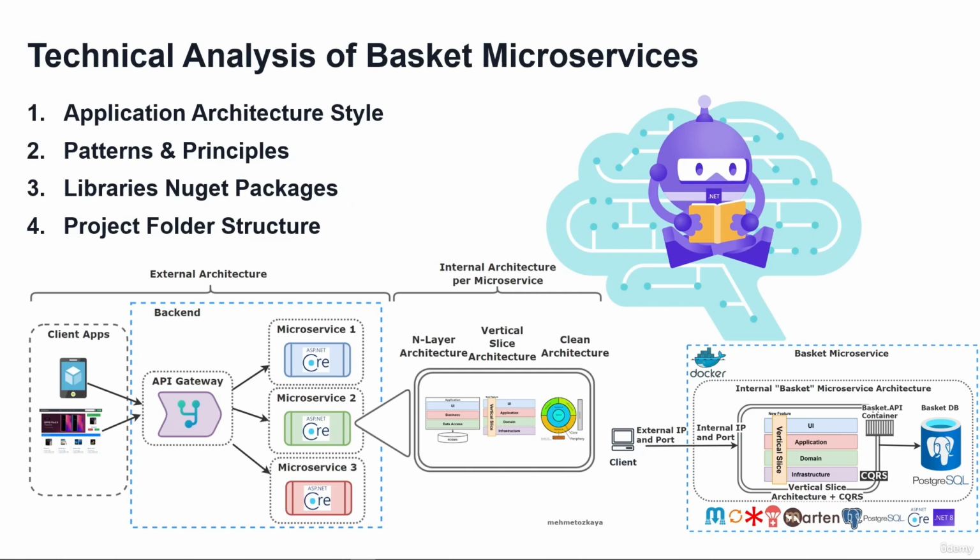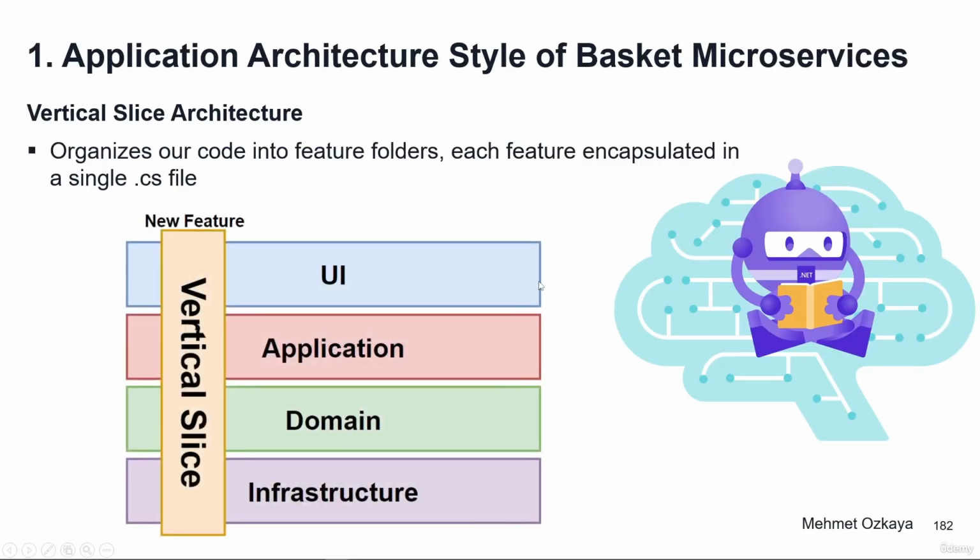microservices. And we always say that each microservices can follow different application architecture styles for internal architectures. If you look at the application architecture style for basket microservices, we can see that we will follow vertical slice architecture that organizes our code into feature folders, and each feature folder is encapsulated in a single C# file. So we will follow the same architecture style as catalog microservices, but in the upcoming microservices we will follow different application